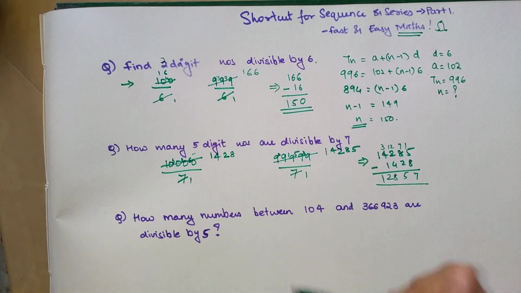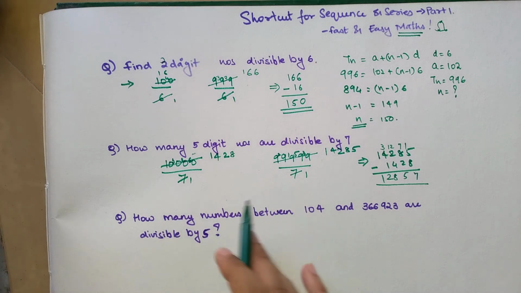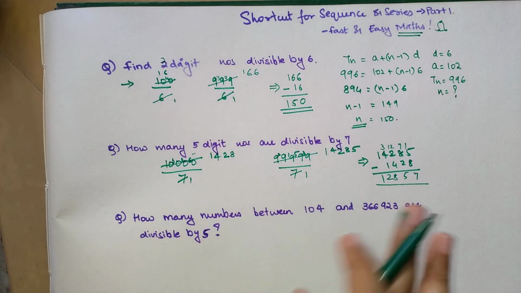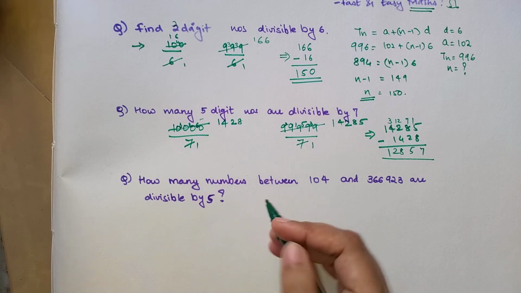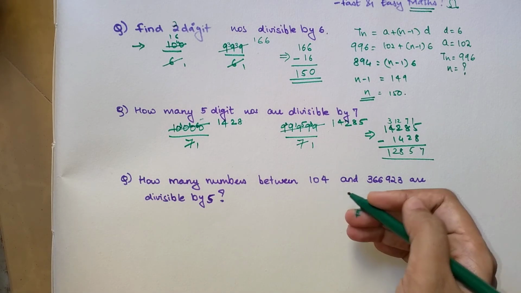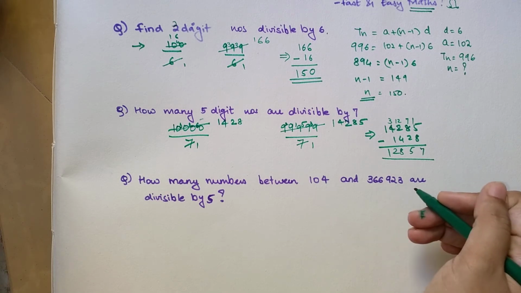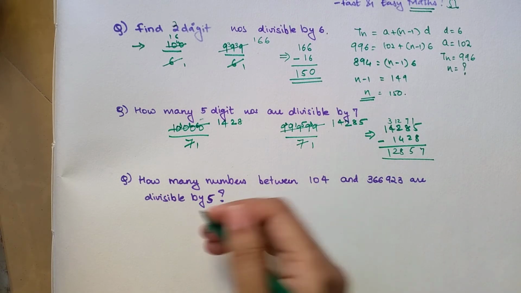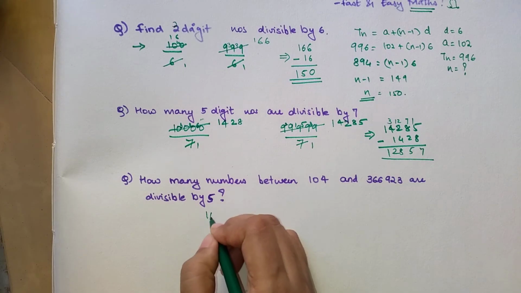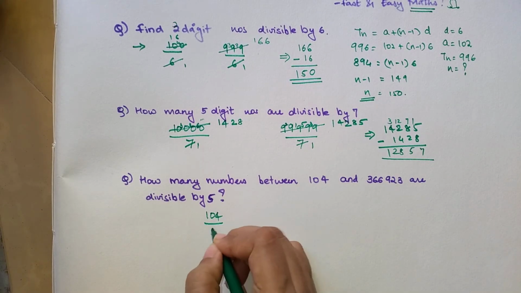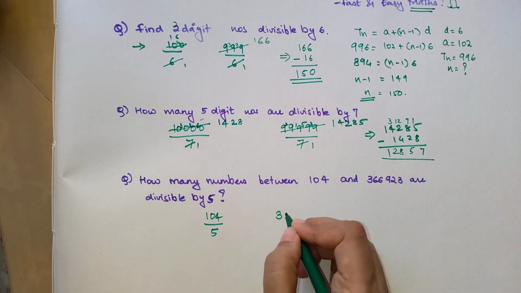Okay students, but these two questions were of a similar kind. Now let's see whether our trick works for this particular question or not. I'm going to tell you that this trick works for these kinds of questions as well. So how many numbers between 104 and 366923 are divisible by 5? What you simply do is you divide 104 by 5, and you also do the division of